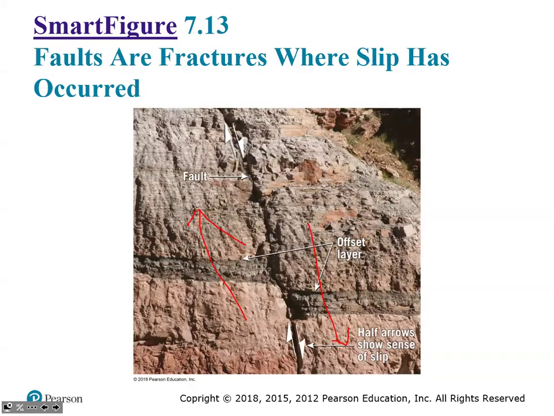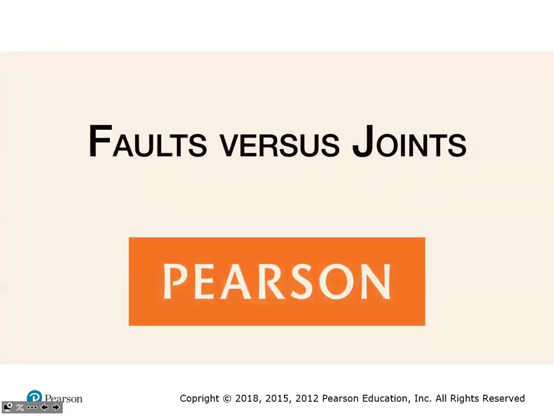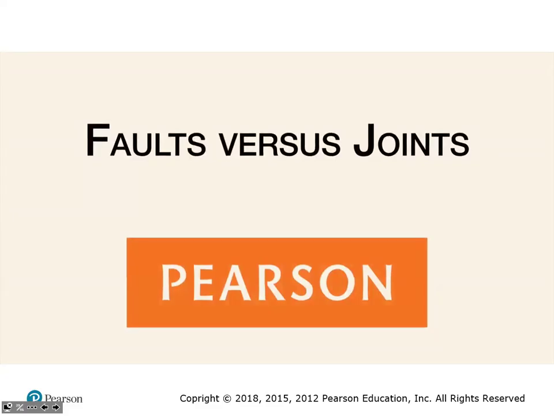So here you can see an example of a fault. The left side has gone up, the right side has gone down, and you can see this offset layer that makes it very clear about what's happening. So let's watch a little bit about faults and the difference between faults and